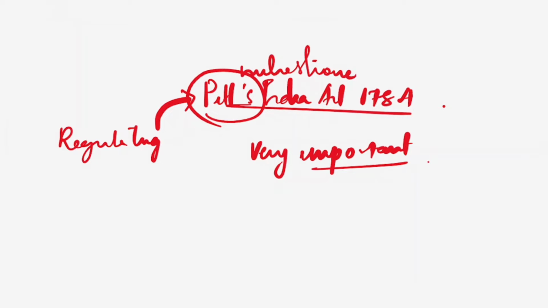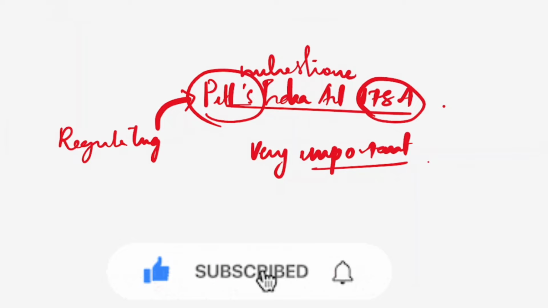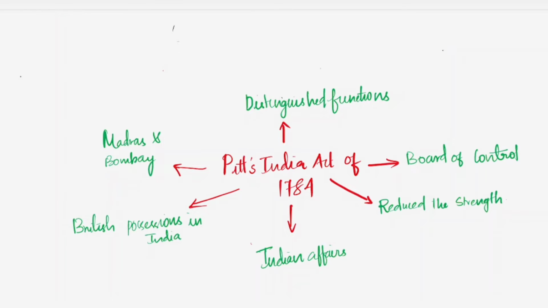This is all about the introduction, and you know the current stage, what happened after the Regulating Act, right? After the Regulating Act in 1773, in 1784 a new act by the British Parliament came to India, and we are going to see the features of that act. Here I made a mind map, and this chart shows a simplified form of the features of Pitt's India Act of 1784. Just remember this and try to derive the features from these points.